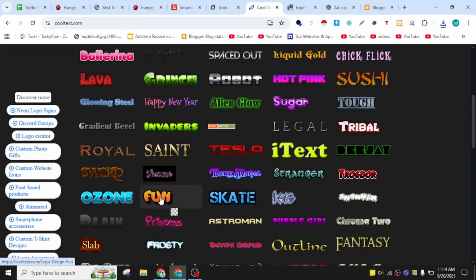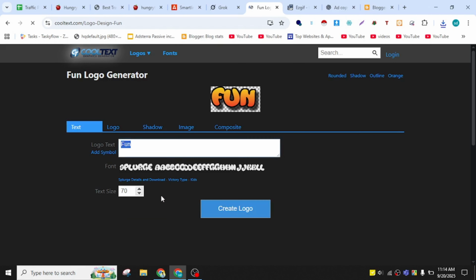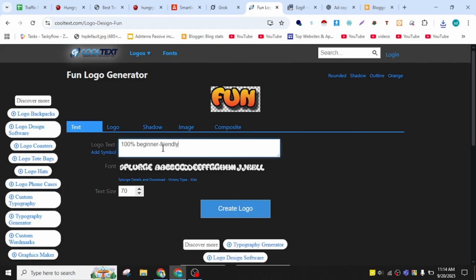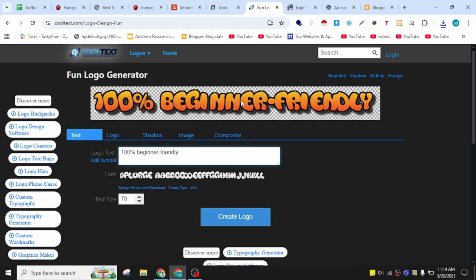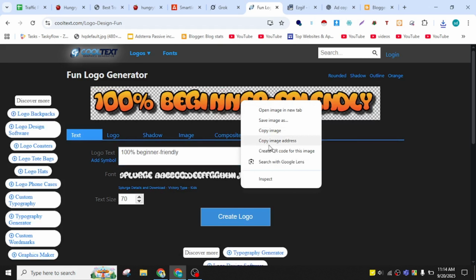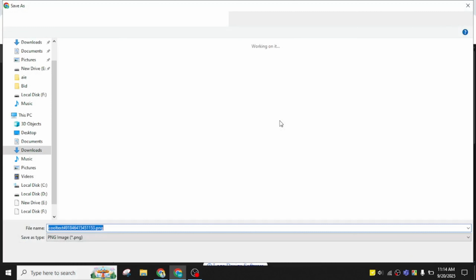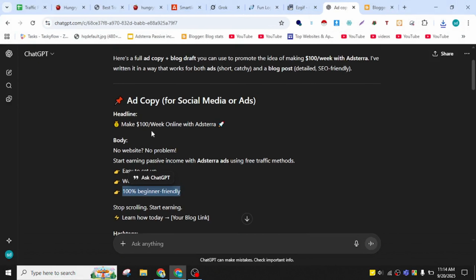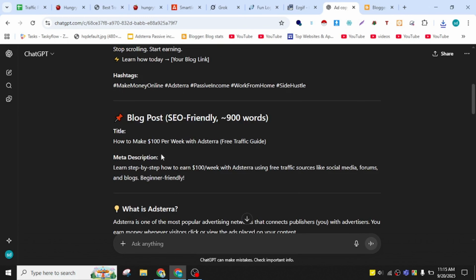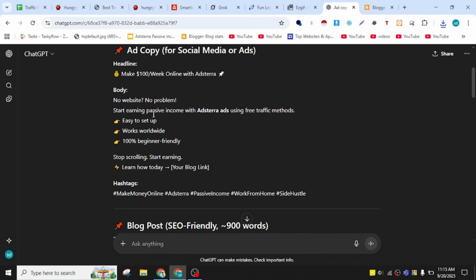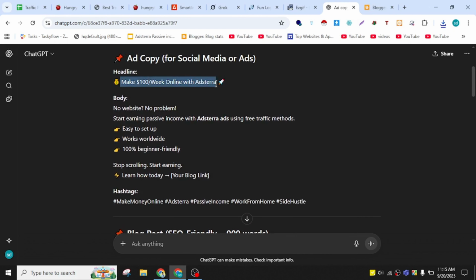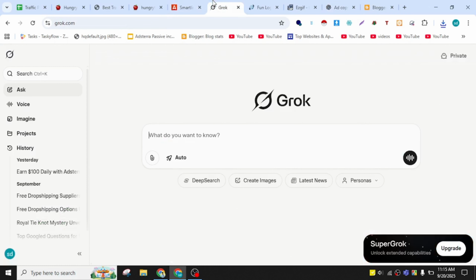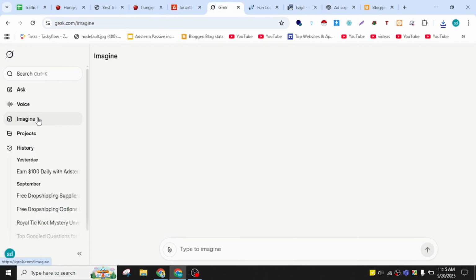By using this method you simply boost without any cost. When you post on Facebook, you have to spend money, but in this method you don't have to spend any money for boosting your website. I have so many free boosting sites where you can promote your ad to get clicks. Okay, so that's it. Just copy these things and come to Grok, click on Imagine, and just